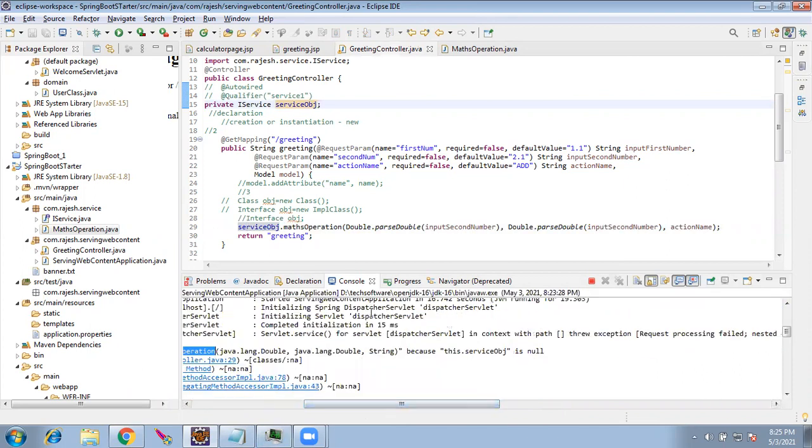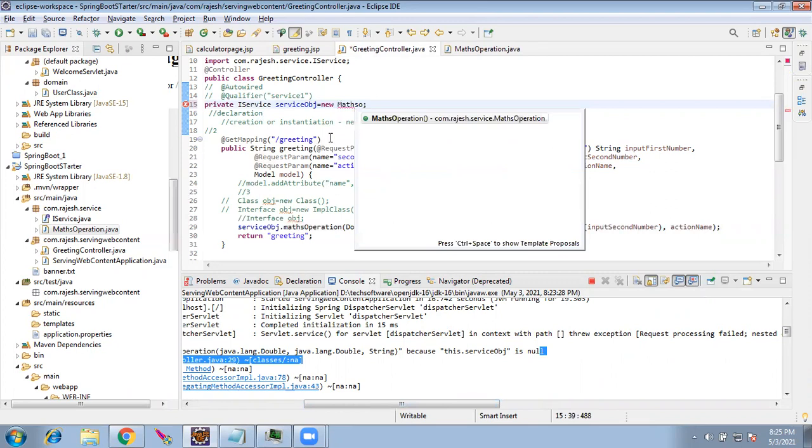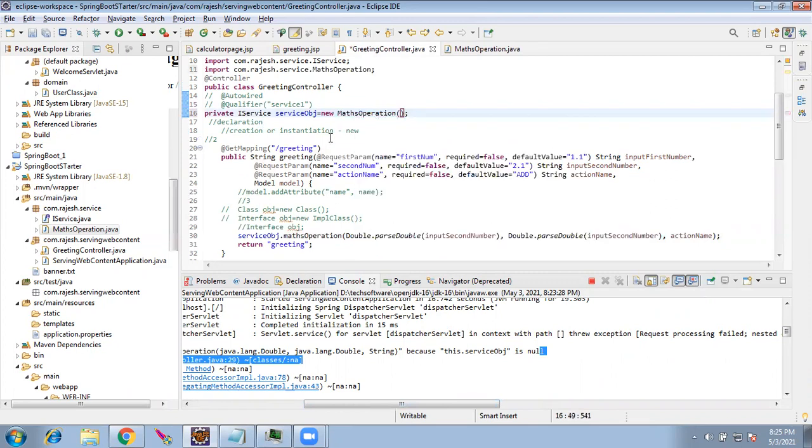Now because it is telling that it is null, we should give new here. If you give new, it will work perfectly. New, what is the implementation class? MathsOperation. Okay, let's see now.